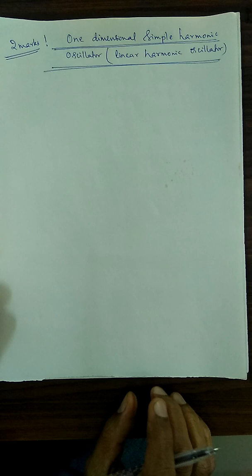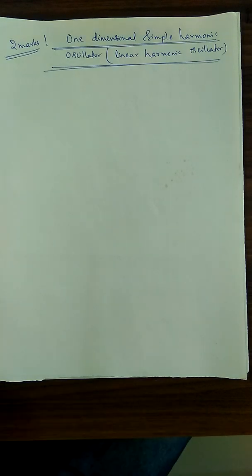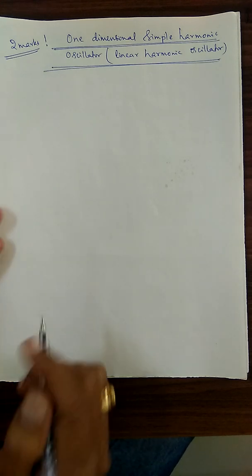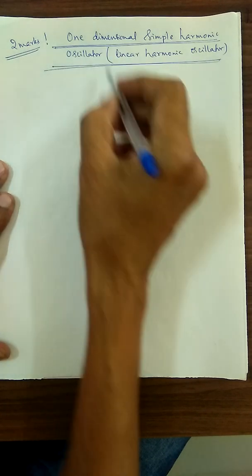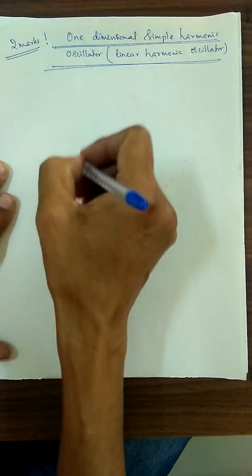What is the question that we are framing here? The question is, write the eigenvalue for one-dimensional simple harmonic oscillator or linear harmonic oscillator. This carries 2 marks. And another important 2 marks question is, what do you mean by 0 point energy? What is 0 point energy? That also we are asking for 2 marks. First idea, no derivation here according to your syllabus. Only starting with itself we have to write the equation.